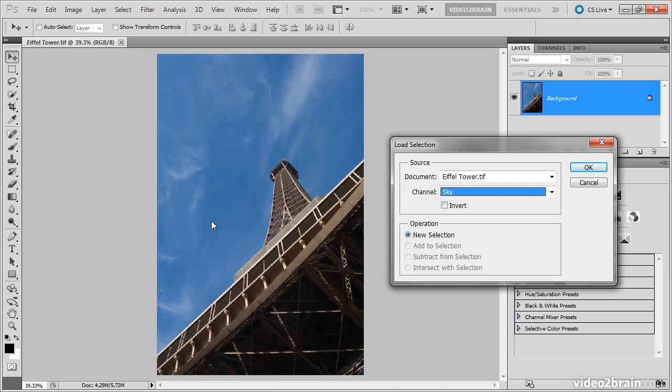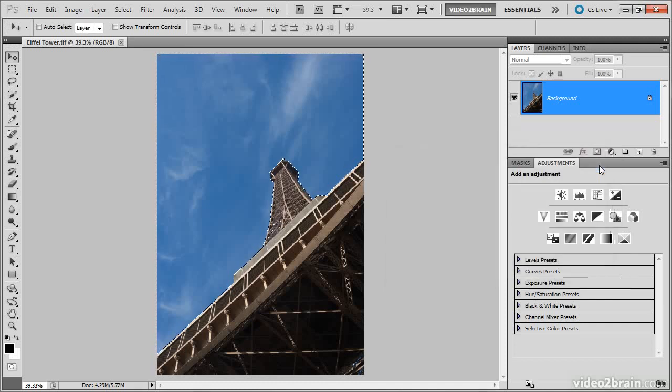But in this case, I do want to select the sky, so choosing sky from the pop-up, all I have to do is click OK. And as you can see, my selection is now loaded and ready to use. But I want to show you where that saved selection came from and show you an additional method for loading